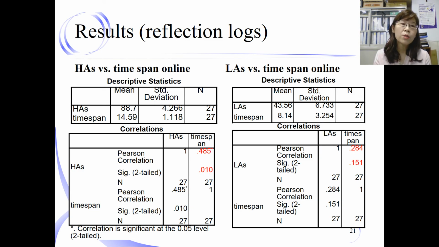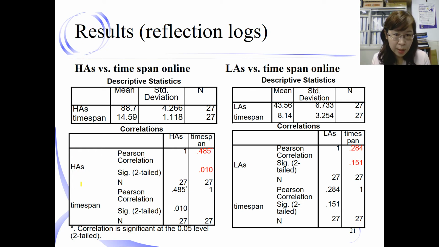Okay, and also, just as I said before, we do reflection logs. I analyzed high achievement students and also low achievement students, and the time they spend online watching the videos. All right, so you could see for